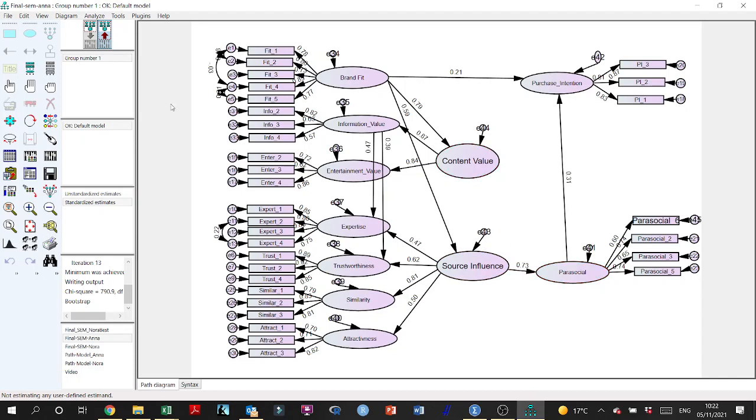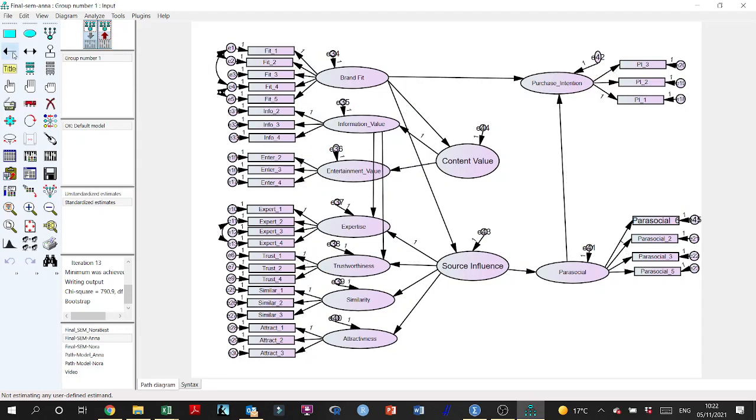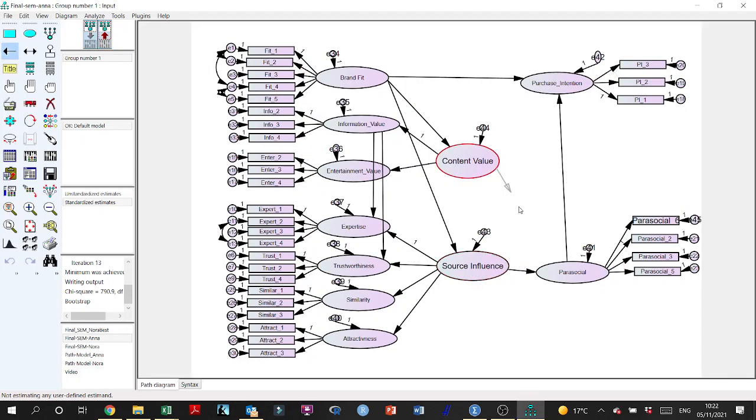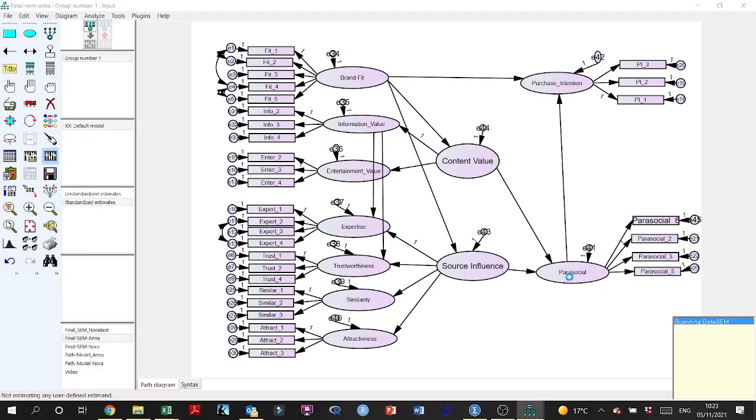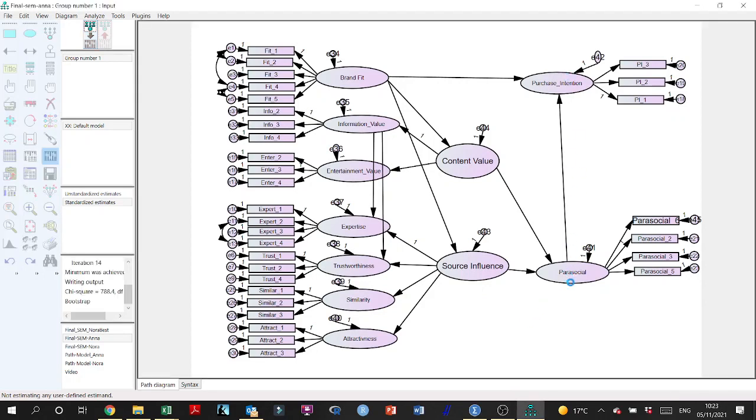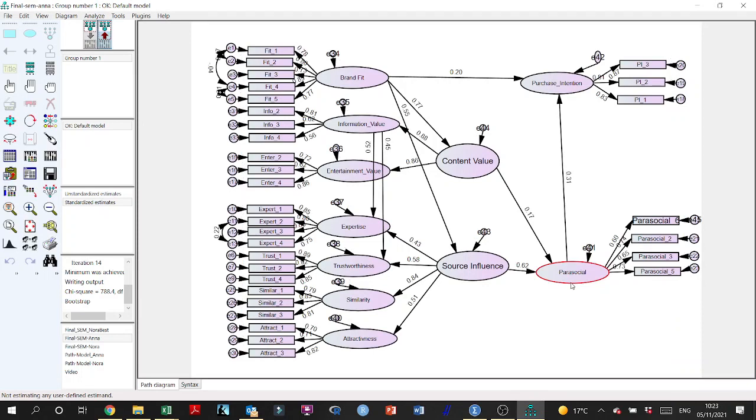And you can also probably add this in your research, because it does make sense that these two together should influence this, and then you say it's not supported. So you need to say the second research question is the effect of the influencer credibility, conceptualized through the two dimensions, content value and source influence, on the parasocial relationships. And then the third research question will be the role of the parasocial relationship